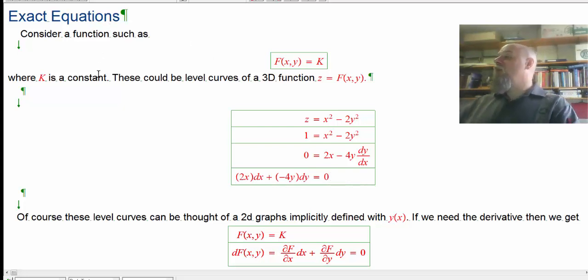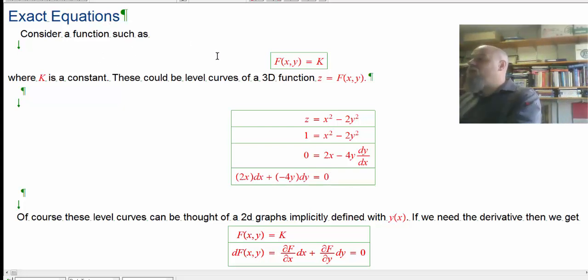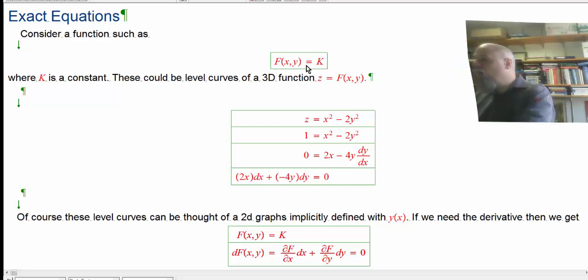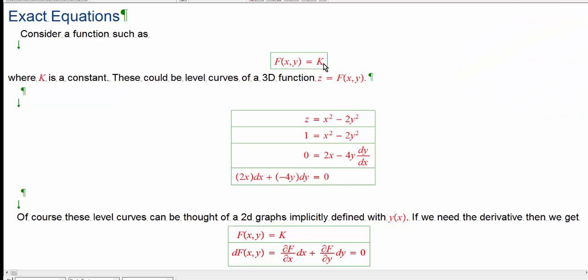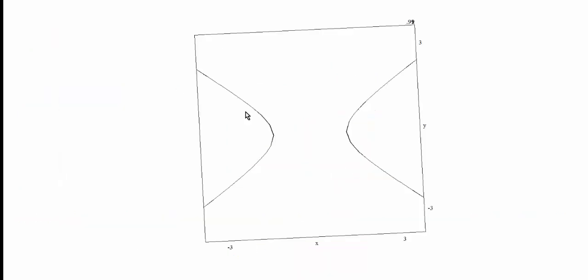So, exact equations start off as a function, a multivariable function set equal to a constant. That means that really what we've got defined in this case, f of x, y, equals a constant. That's our level curve, our slice. If we differentiate that level curve slice implicitly, thinking that y is a function of x because we're moving along some curve now, not a surface,